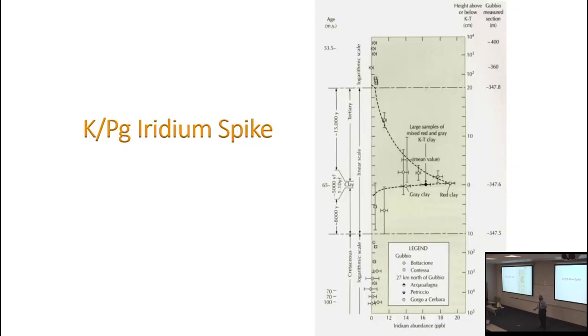Like, oh crap. Maybe a really huge amount being introduced to the Earth's atmosphere all at once, like an asteroid hitting. So, how big would you have to have an asteroid if we're going to increase the amount of iridium that much? Calculate, calculate, calculate. Something on the order of 10 to 15 kilometers across. So the diameter of Manhattan Island or Mount Everest. Oh crap, what happens if something that big hits the Earth at cosmic speeds? Too bad we don't have anyone on our team who's used to calculating. Oh wait, we do, Louis. So they talked to Louis Alvarez, they did the calculation, and they said, I think we have what caused the